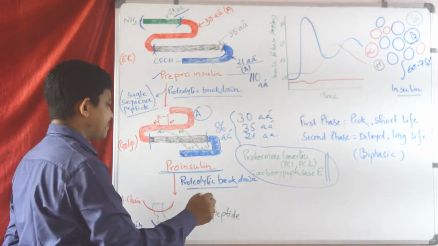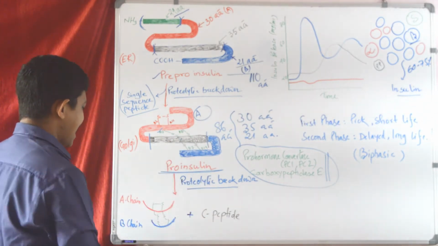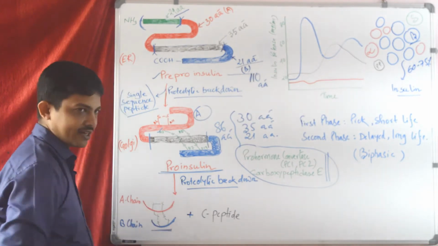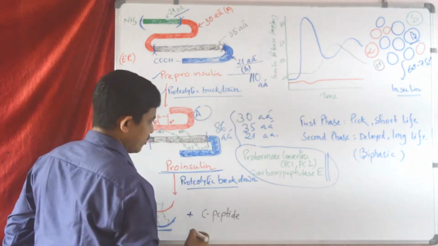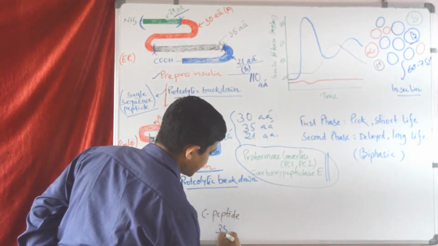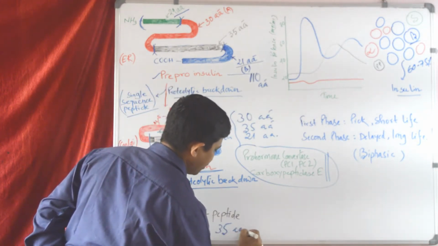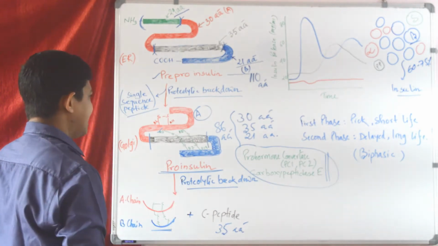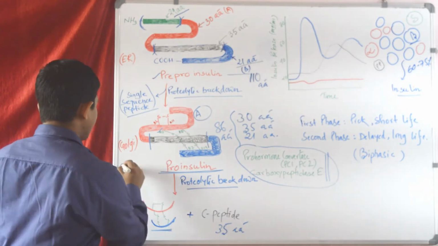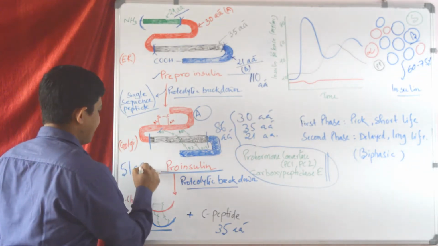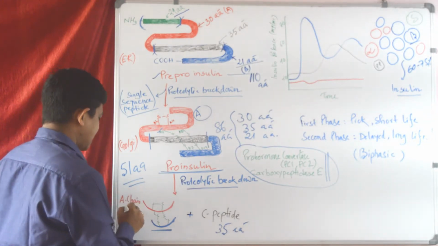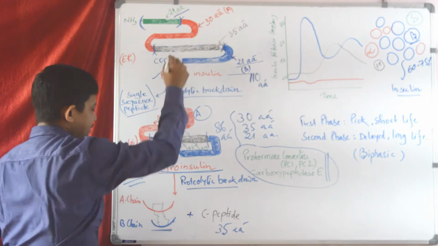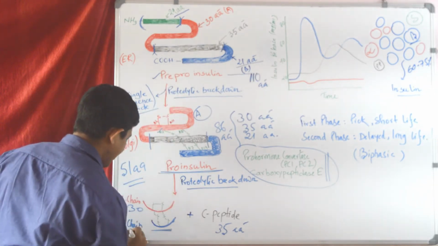Clear? The C peptide will get separated, and the insulin will get separated. Here you can find that the C peptide is composed of 35 amino acids, and insulin is composed of 51 amino acids. Among the 51 amino acids, the A chain is composed of 30 amino acids